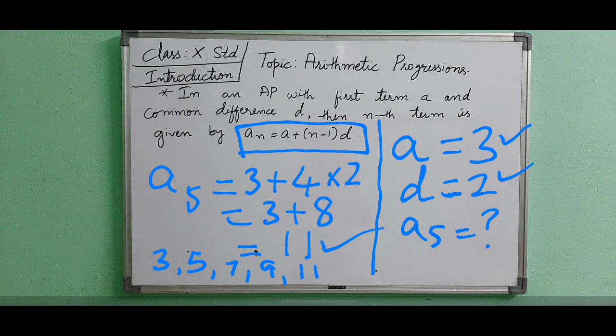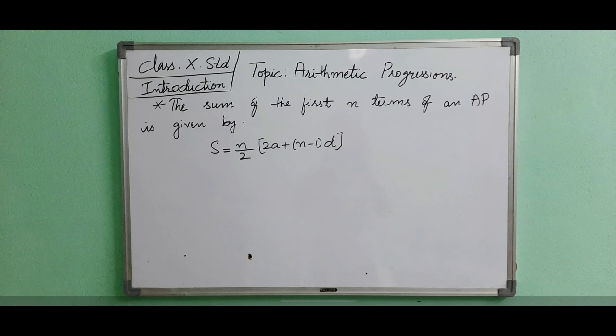So what you need to remember in this method is that whenever a and d are given, we can find n, which is nothing but any term we need to find. If we need to find the 11th term, it is a11. Like this, we can find any term of the given progression. These types of questions we are going to deal with in exercise 1. Now we will see the next concept.